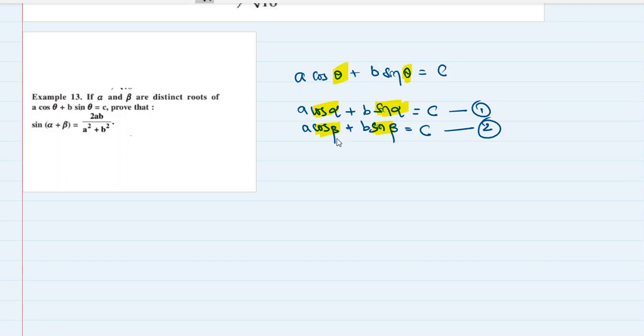See, what I have to prove does not have c. I just told you it does not have c, it just has a and b. So if I want to eliminate c from these two equations, I can either divide them or subtract them. If I divide them I can get it, and if I subtract them I can also get it. I'll just divide and show you. So dividing equations 1 and 2.